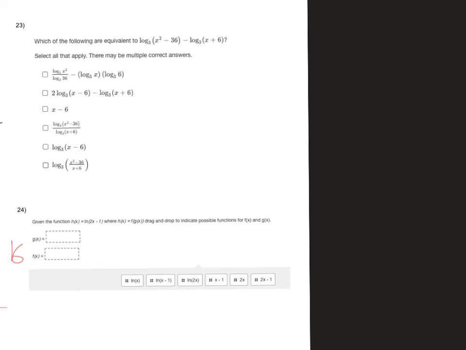Sometimes if you look at a problem like this and you're like, oh my goodness, how am I supposed to figure out all 6 of these choices here? It's just so much. So I just say, well, let me think about it by myself for a second. And so what I would do originally here is I would combine this. I've got 2 separate logarithms being subtracted. So I know I can make that one logarithm,